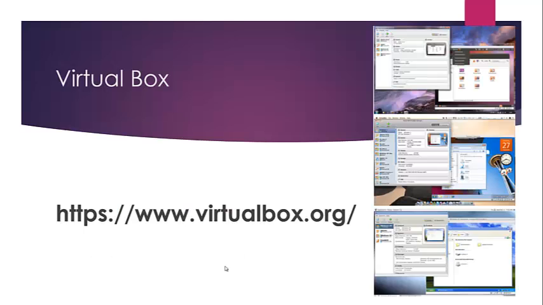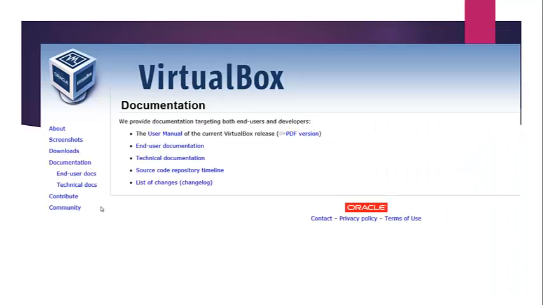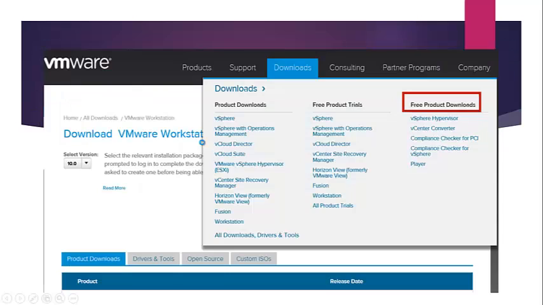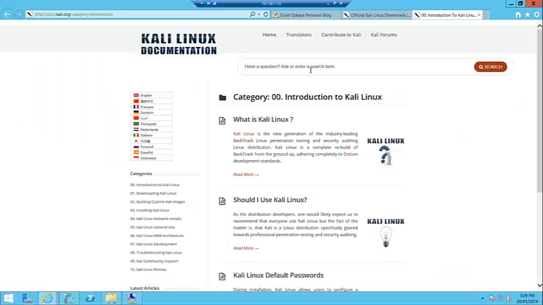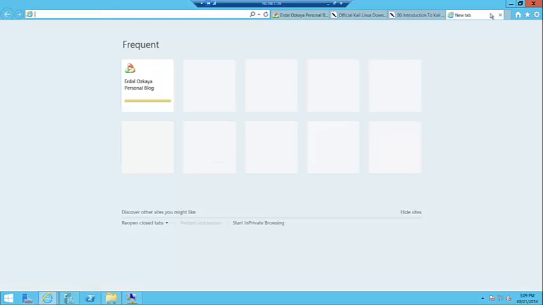Is this all? No, you can also use VirtualBox. What is VirtualBox? VirtualBox was standalone software which has now been purchased by Oracle. All you have to do is go to virtualbox.com, and it has everything you need as well. So you can go to